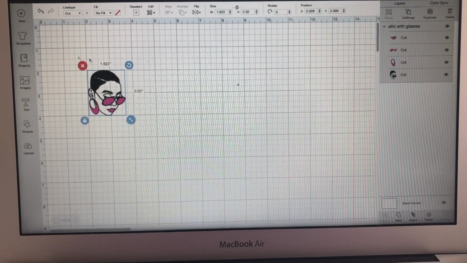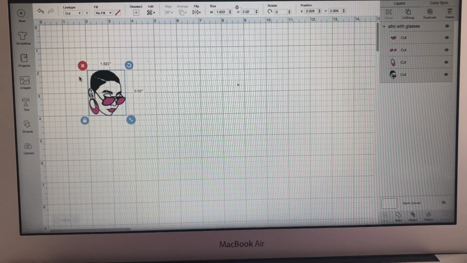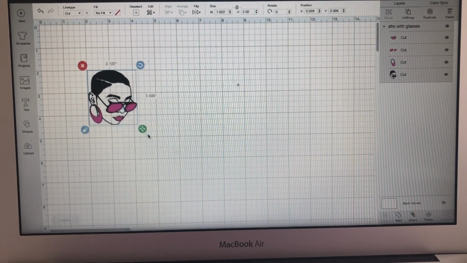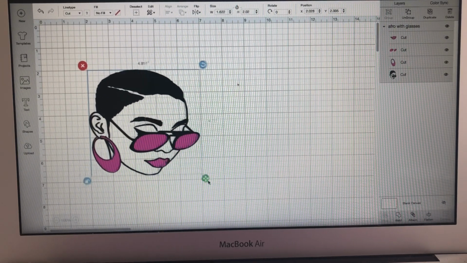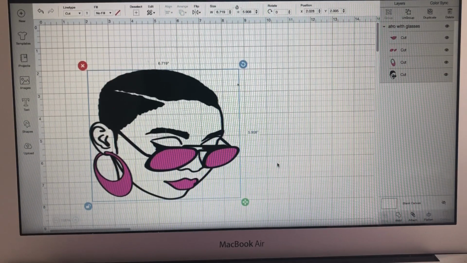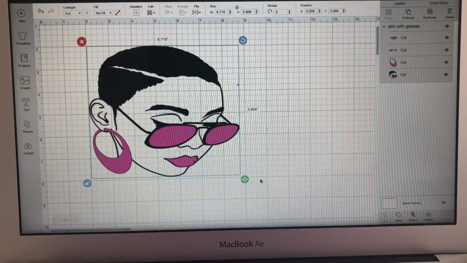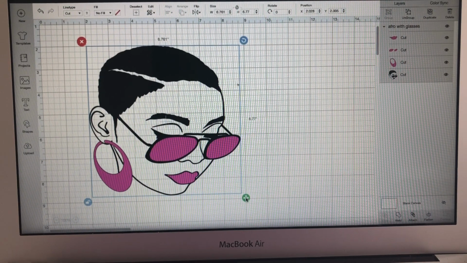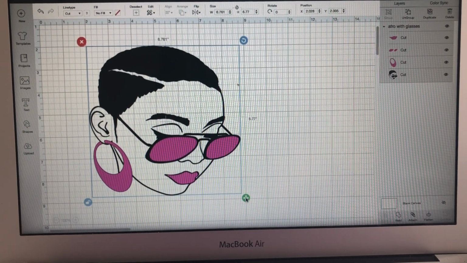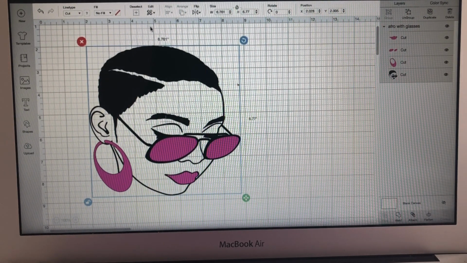So when you first get your image, you have to size it. The size I need to make it is going to be around 6.75 by 9 because that's the size I like for the shirts. It depends on what size shirt I'm going to be doing. I might make it a little bit bigger since I am going to be doing a large shirt. So I'm going to make it, let's see, this is 6.7. Let's do